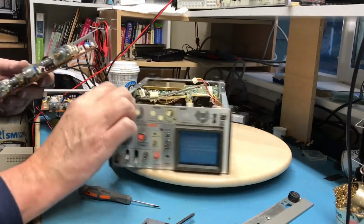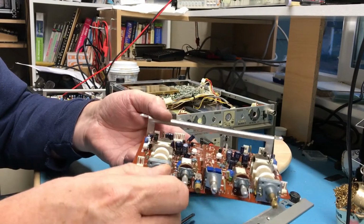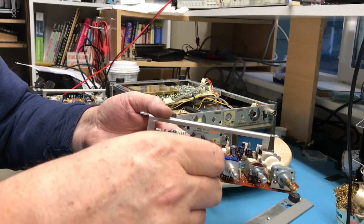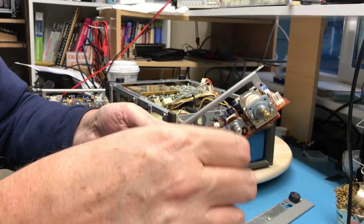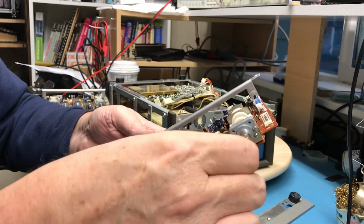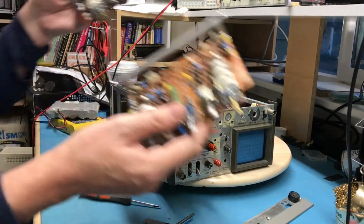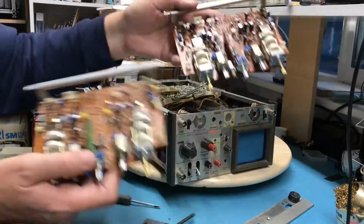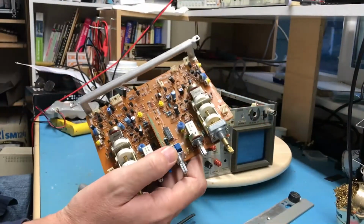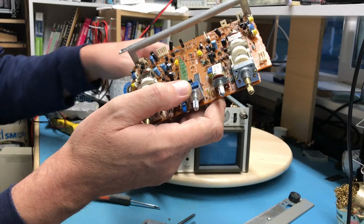So, we've worked this board loose. The shaft I'll need to salvage. Anyhow, there's the two boards. Don't know if I've got them both in frame here or not. I'm going to substitute this one into the scope that everything else was functional on, with the one that's in better mechanical shape. I'm going to substitute it into here